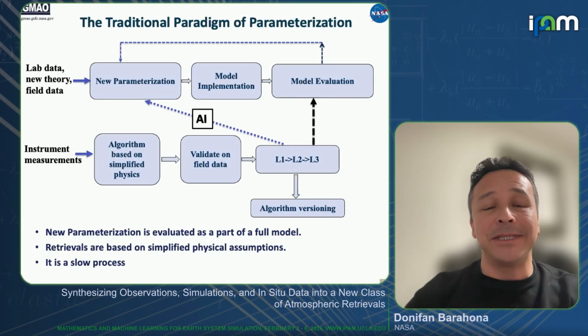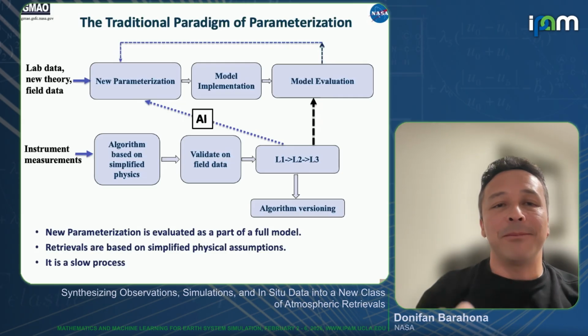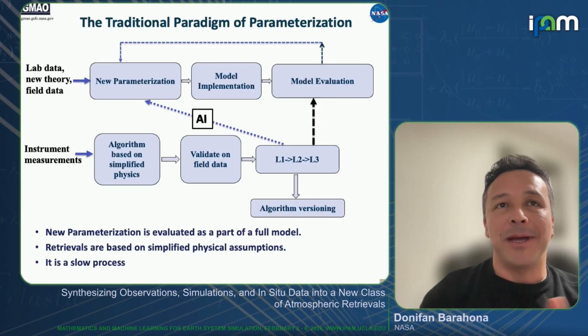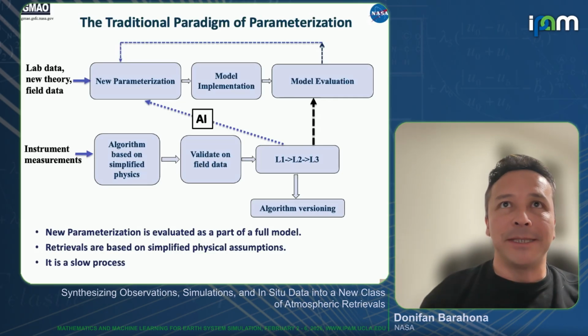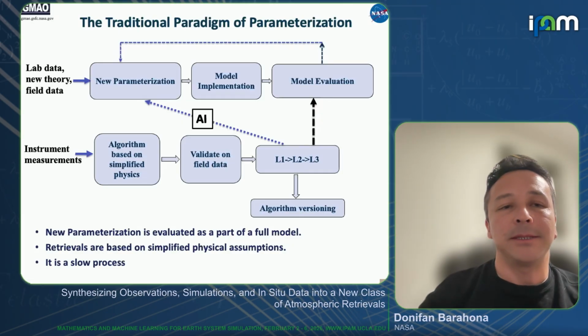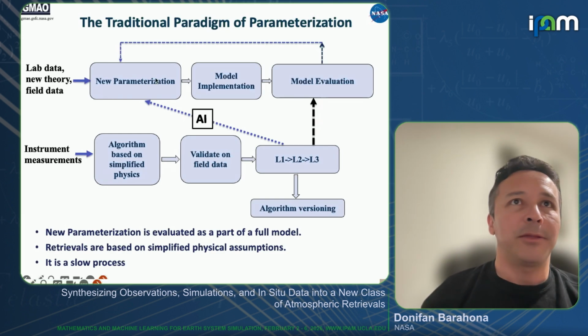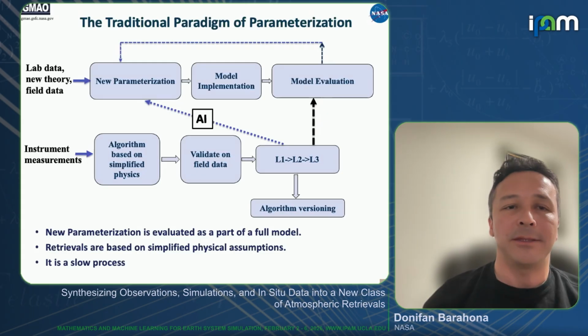And that's a problem because the GCM has a zillion parameterizations, right? So there are many compensating errors, many things going on at once. Also, the retrievals don't take advantage of all the physics that we develop here; essentially they develop their own physics to come up with these algorithms and retrievals. And this is, of course, a very slow process from the development of a new theory to when it becomes operational in a system. It can take 20 years, really. It's really slow.